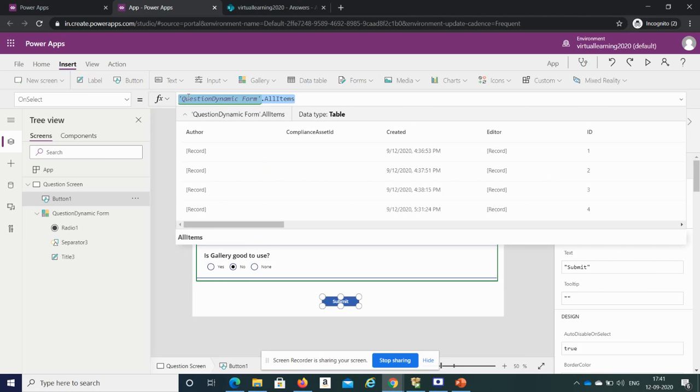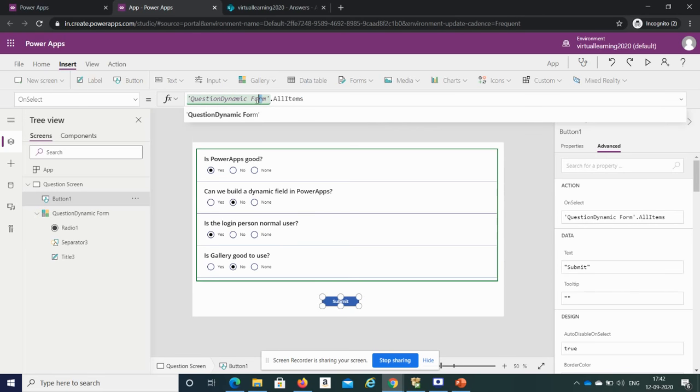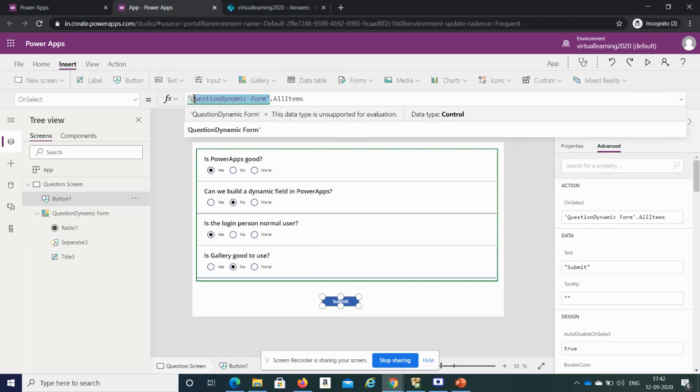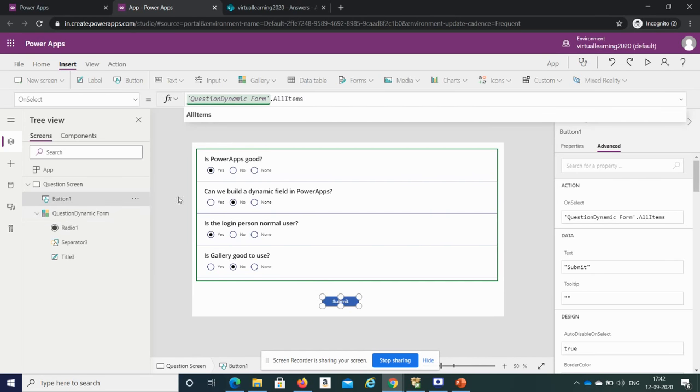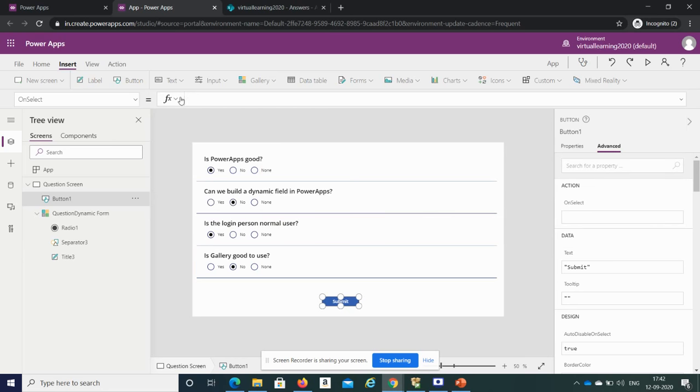Now we have a source where everything is captured, which is question dynamic form dot all items. This is basically a control name, and this is the property of the control, all items, which contains all the information about this table, including the information inside it. Now we need to save this information to our SharePoint.